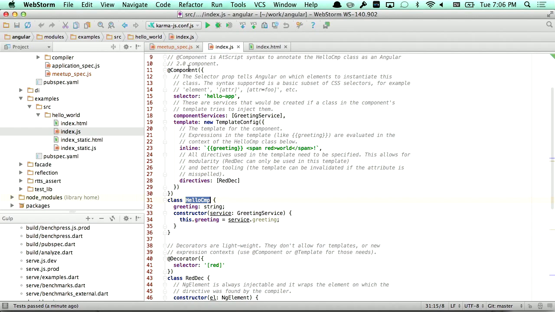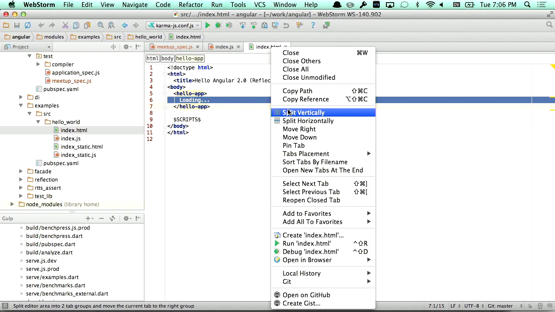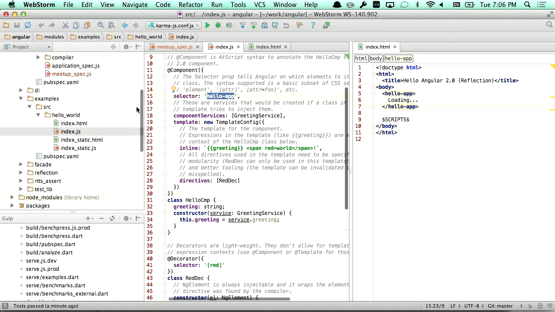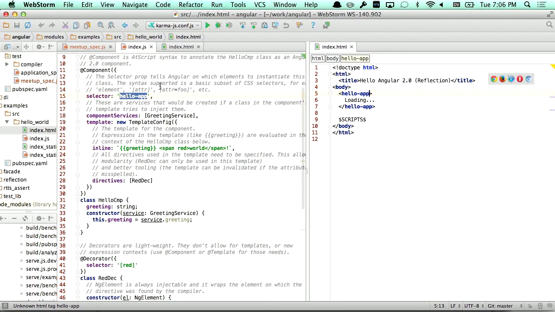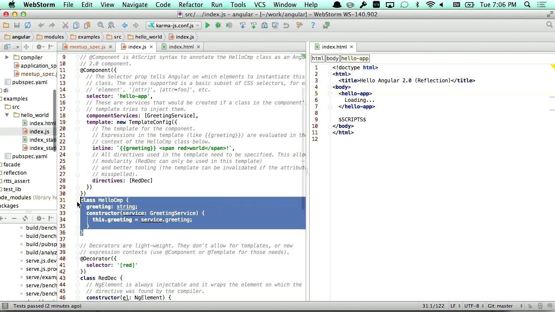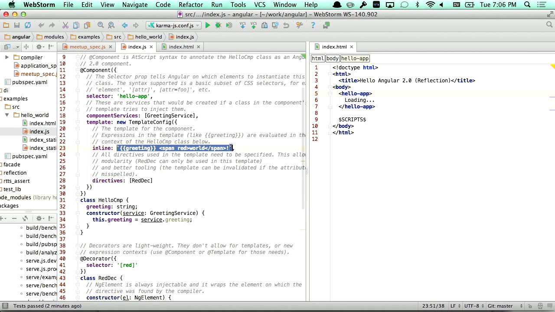And what I'm saying here is that this is a component. So wherever you see this CSS selector, which is hello app, in this case, see if we can get them side by side. You're saying, if you see hello app, which is right here, apply this particular controller to it. This is essentially a controller that you're familiar with from Angular 1.x. In here, we're saying we are going to have a particular template. This is what's known as shadow DOM in this world, and here is the template. In this particular case, it's inline, but it doesn't have to be. It can be loaded from a URL or something like that.